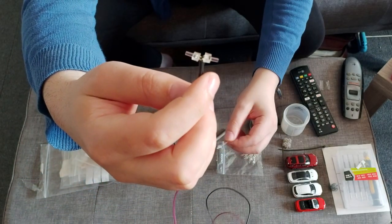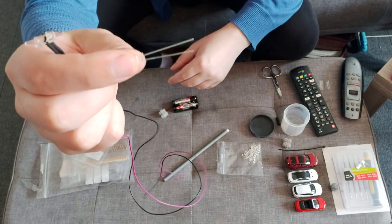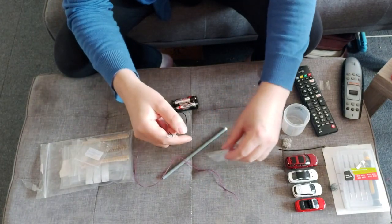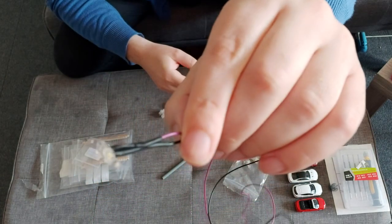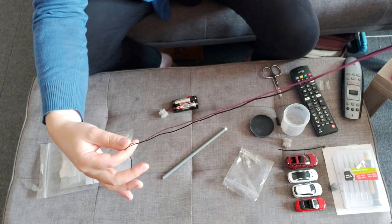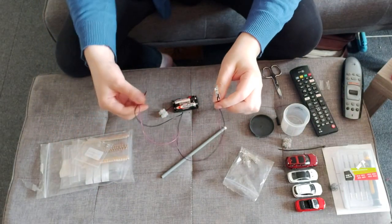And then what I've done is I've soldered the 2 short legs together, and the 2 long legs together. And then I've put some heat shrink over the ends to make sure that there isn't going to be any short circuits. And then basically it's just 2 wires all the way through. These are 3-volt,